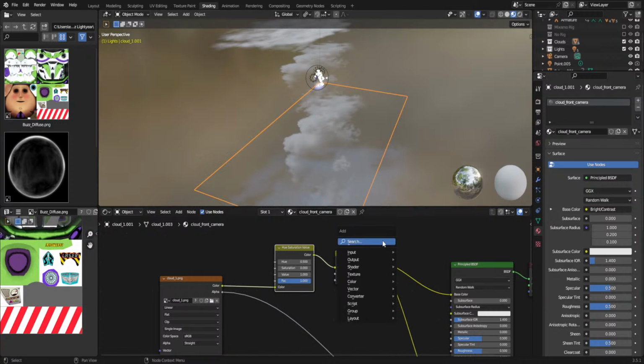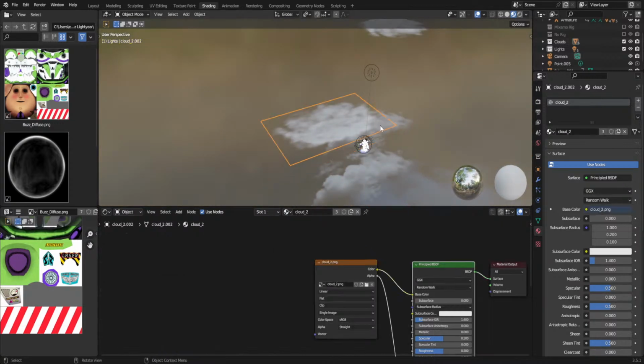There are infinite nodes for brightness, contrast, hue saturation value, RGB curves, mix color. There are so many nodes to change an image, with or without alpha channel, to fit your preference or your needs,